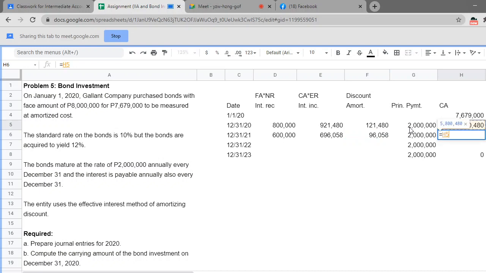Again, previous carrying amount plus discount minus the principal payment, that would be your updated carrying amount. Now, for the next year, the third year, ang atuang face amount is no longer 8 million, no longer 6 million pod. Kay nagbayad naman po tag 2 million last year. So, ang balance na lang is 4 million. Times the 10% gihapon, that's 400,000. And your interest income,